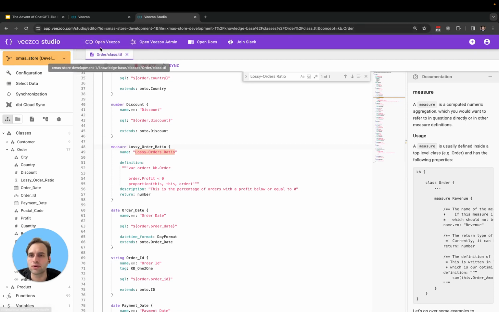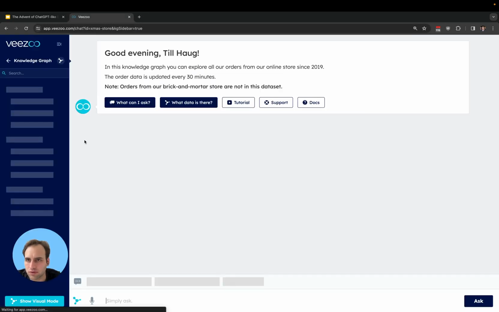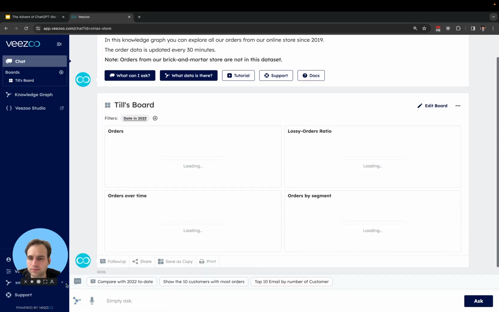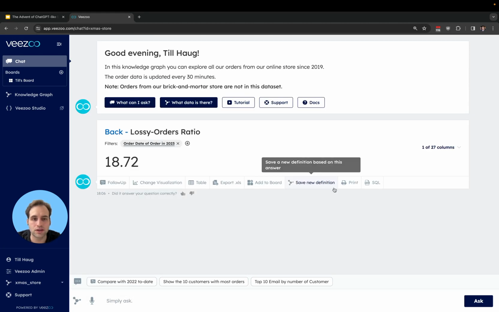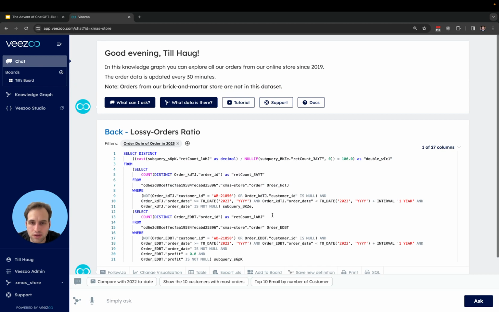So if I go back here in Veezoo, I refresh, you can still see here that we have two knowledge graphs, the development one and the production one. And if I open here this lossy orders ratio, take a look at its definition, we can see here that it's strictly smaller than 0 and not